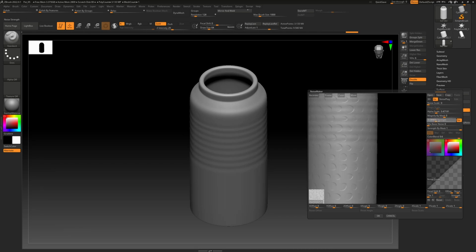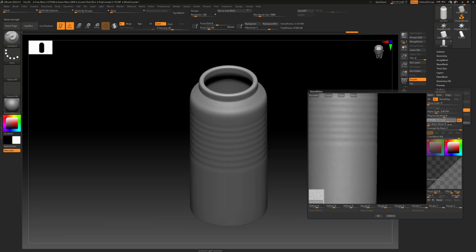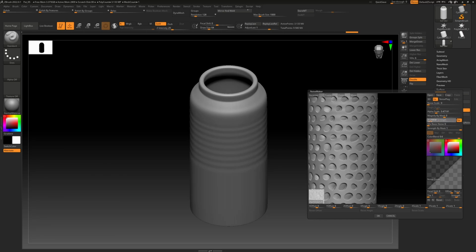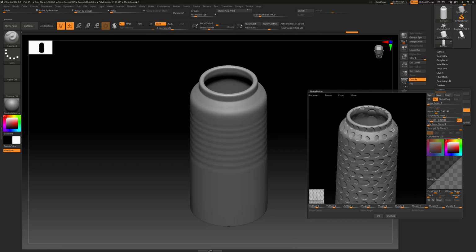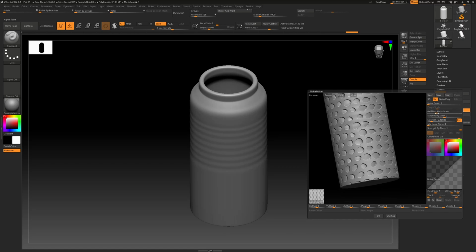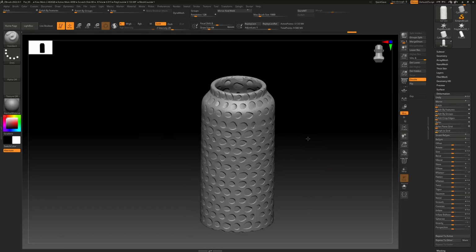So I will invert this strength so the alpha goes inside of the mesh, not the outside of the mesh. If I decrease this, it will go till here. This is the alpha we wanted, and I will just reduce the scale a little bit and press OK. So now we have the alpha